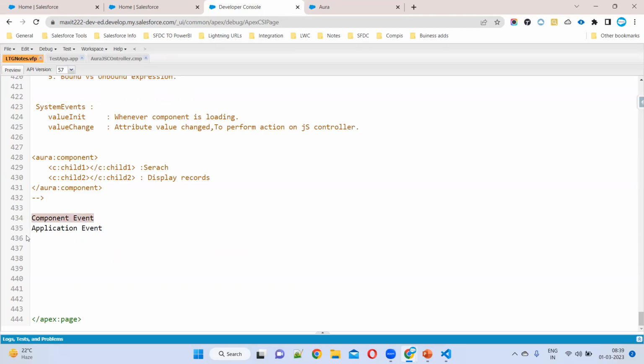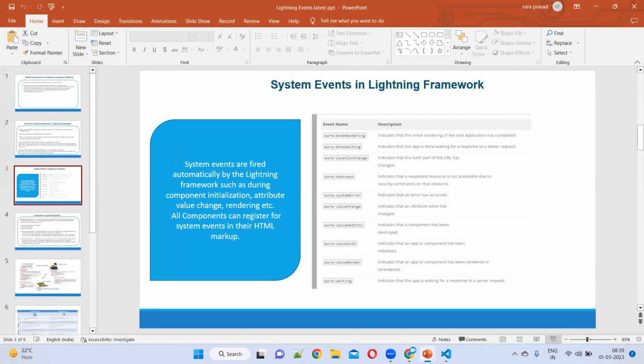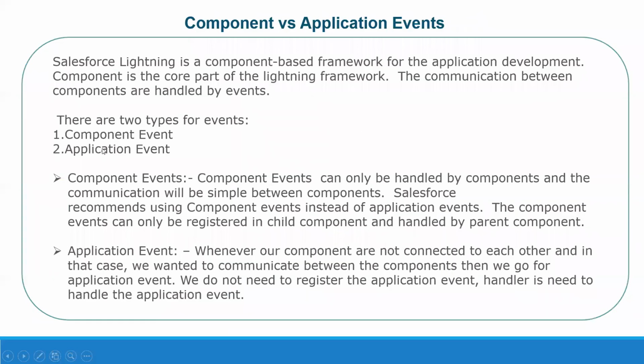So then what can we do? Component event. Child to parent. What can we do, madam? We will use a component event. I'll give an example first of all. So there are two types of events. One is component event and the other is application event. Component events can only be handled by the same component and its related components. Related means what, madam? Child to parent, parent to grandparent, if that relationship is there, then only you can handle the component event. Okay. For example,